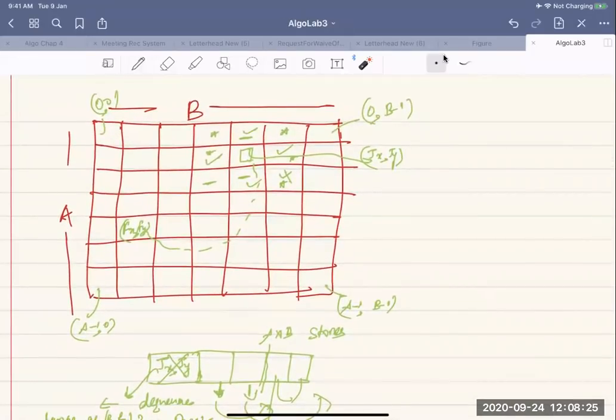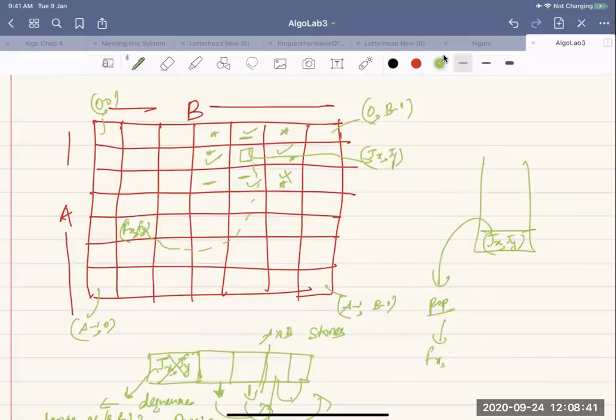You have to use a stack and first push JX, JY there. Now you pop the top element, and firstly you see if it is same as FX, FY. If it is not, you push its neighbors.